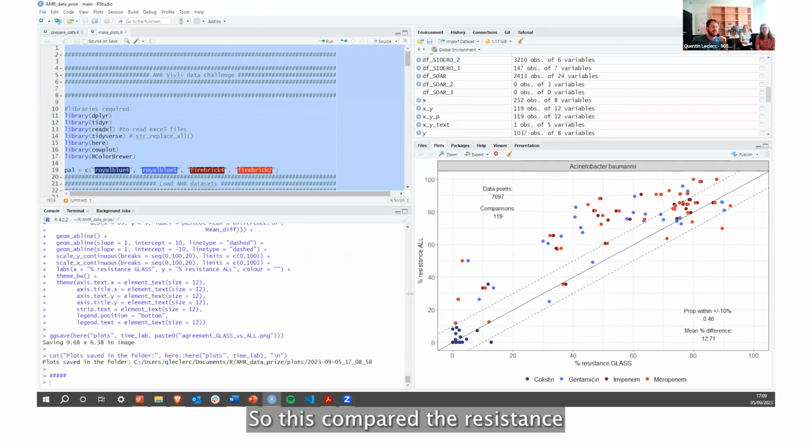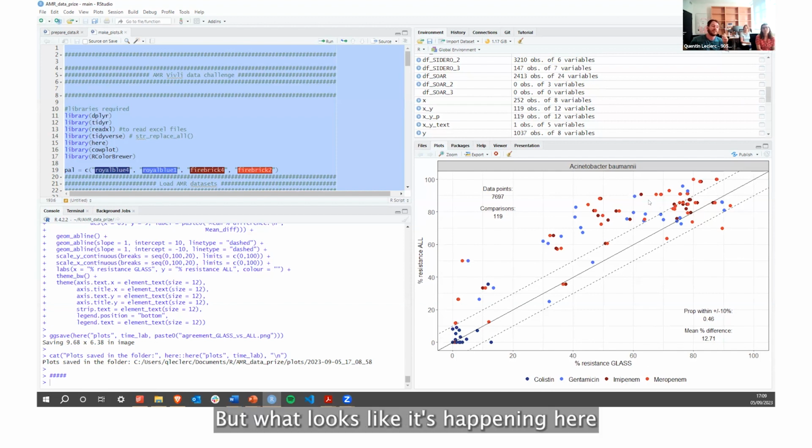This compared the resistance rates in all the industry surveillance datasets to the resistance rates in GLASS. Each point here is a comparison by year, country, bacteria, and antibiotic. If all the points were along the line, that would mean the resistance rates are similar. That's what we saw in our report for E. coli and Klebsiella pneumoniae. Here you can see that's the case for colistin resistance and for some higher resistance